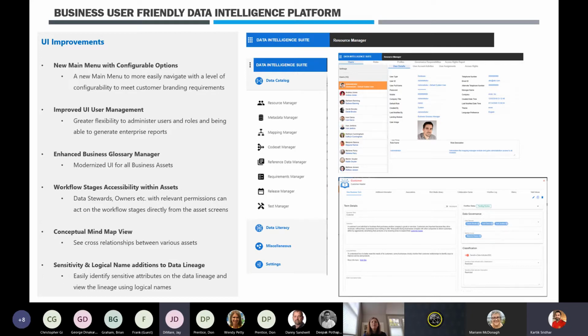You will also see a lot of features that have been significantly improved. Where you could potentially do something in a specific area, we've tried to make it available to the user on demand, so that they don't have to go searching for that particular information. There are small improvements like this in addition to other bigger rollouts in this release. We have a new UI menu, which is much cleaner and very easy to use for the end user.